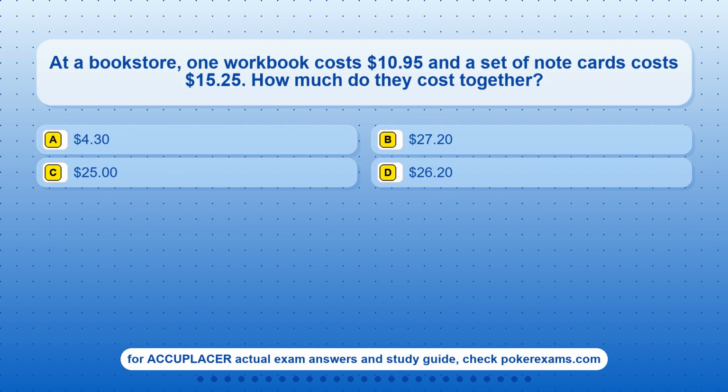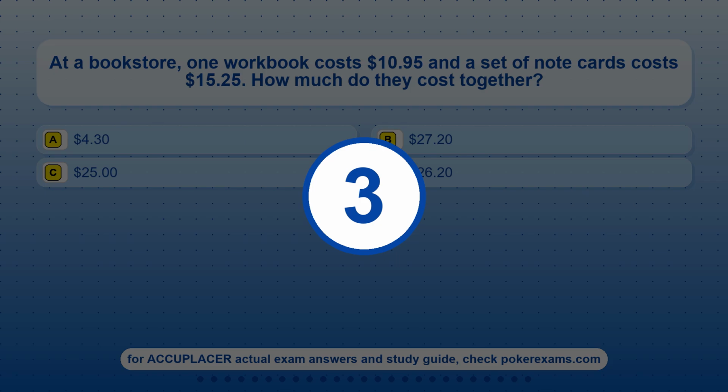Question 14. At a bookstore, one workbook costs $10.95 and a set of note cards costs $15.25. How much do they cost together? Option A, $4.30. Option B, $27.20. Option C, $25. Option D, $26.20. The correct answer is option D,